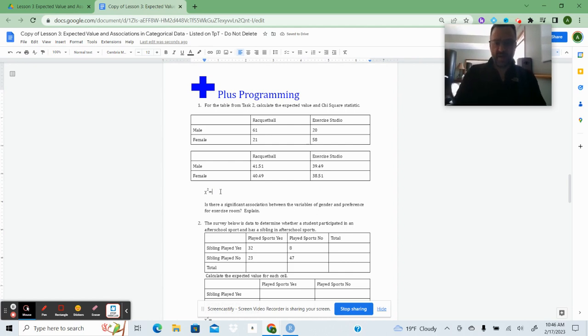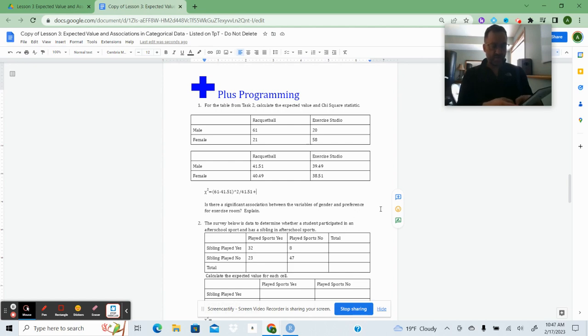So what I do here, and I'm not going to show it with the fancy math type, I'm just going to go, this is 61 minus 41.51. And then for squared, I'm going to just put caret 2. And then I would divide that by 41.51. And then I add on the next part. Now, really, I need this in my calculator to get the statistic. So I do need to put that in specially. And I'm doing that 61 minus 41.51